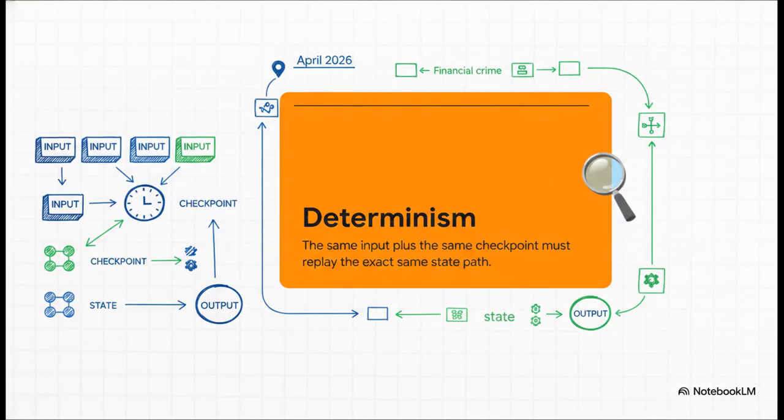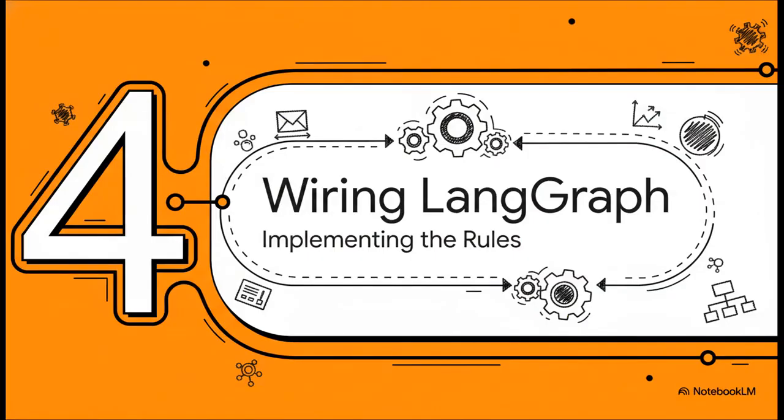A human compliance officer has to step in and clear it. And lastly, invariant 5, checkpoint determinism. This draws on Leslie Lamport's famous 1978 paper on ordering events. It mandates that given the exact same input and the exact same checkpoint ID, replaying the graph must produce the exact same state path every single time. This exact reproducibility is completely non-negotiable. It's what the April 2026 FinCEN effectiveness standard demands to prove your program isn't just hallucinating, but is actually detecting financial crime systematically.